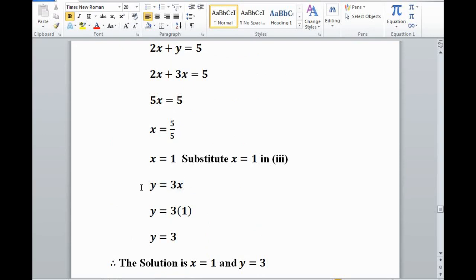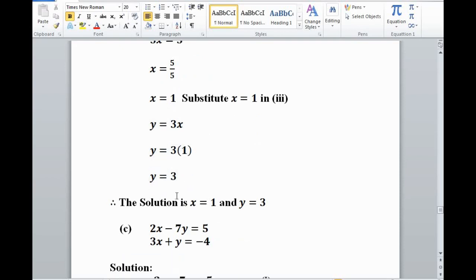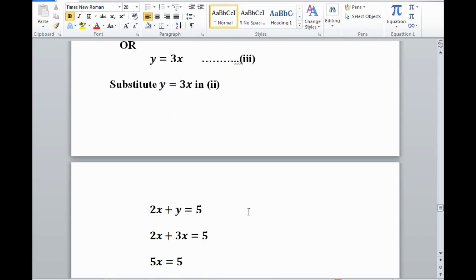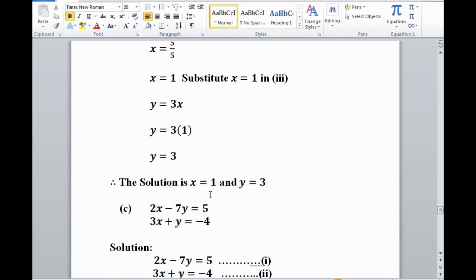So first I'm going to write equation 3, which is y equals 3x, and then I will replace this x by 1, which is the true value of x for these two equations. So this equation becomes y equals 3 multiplied by 1, so y is equal to 3. Therefore the solution is x equals 1 and y equals 3, which means that these two values satisfy both equation 1 and equation 2. So the value of x, which is 1, and the value of y, which is 3, is the solution for